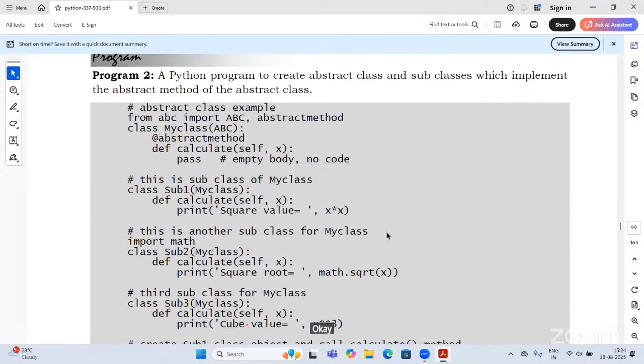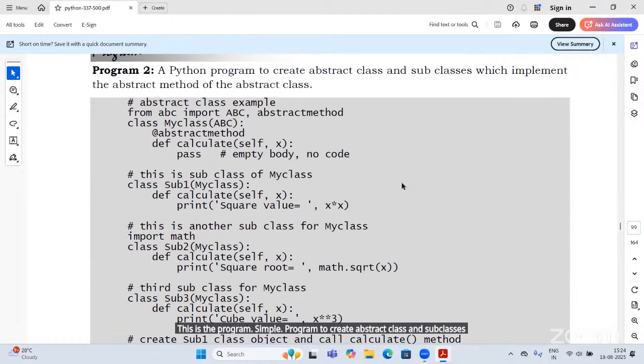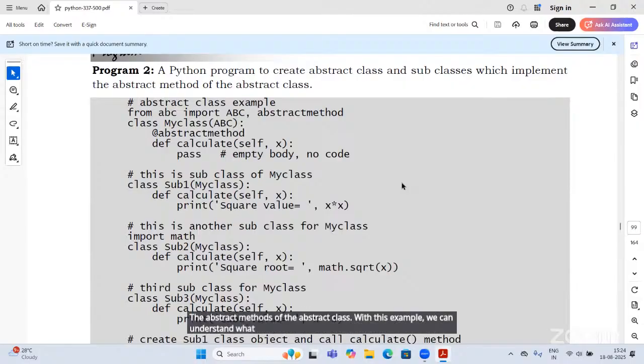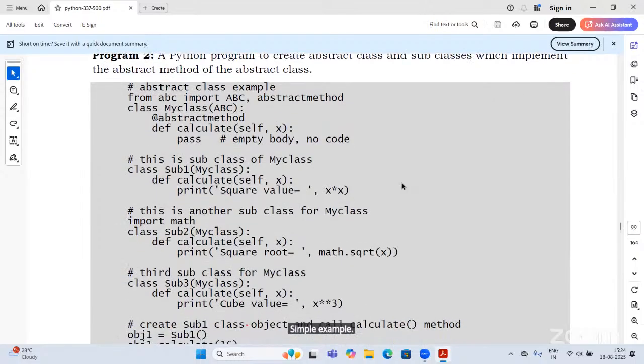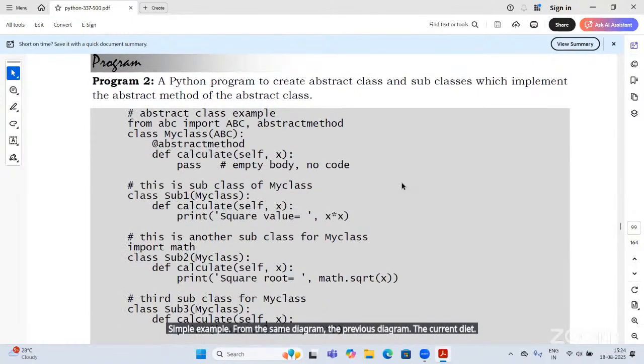Okay. Note this example, the same previous diagram. This is the program, a simple one: a Python program to create an abstract class and subclasses which implement the abstract methods of the abstract class. With this example, we can understand what is an abstract class and abstract method.